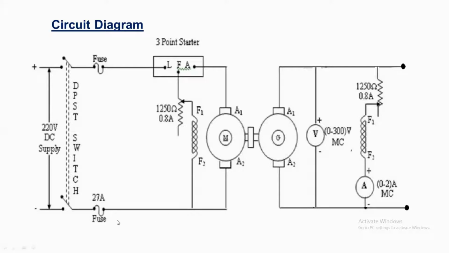Then the motor runs up to its speed. Check the motor speed using a tachometer. If the motor speed is less than the rated speed, adjust the field rheostat from its minimum position to some value and measure the speed correspondingly. Set the speed of the motor generator set to the rated RPM, which is mentioned in the nameplate details of the machine set. After that, don't adjust the motor field rheostat. Now the motor generator set runs at constant speed, that is, at rated speed.